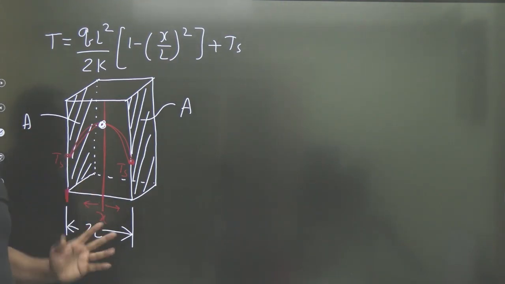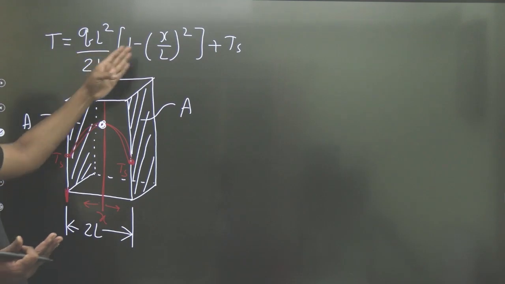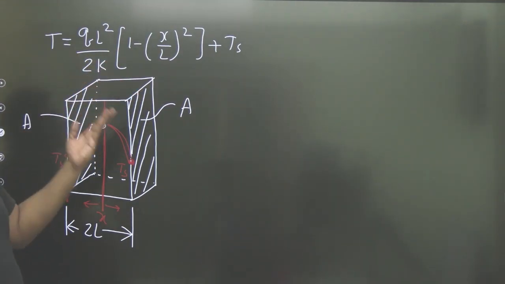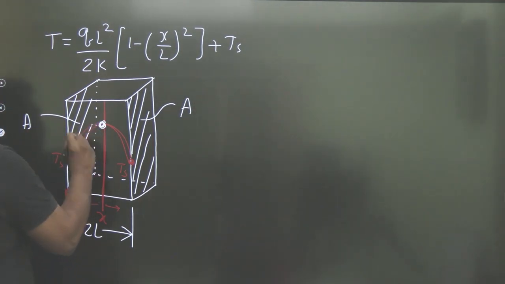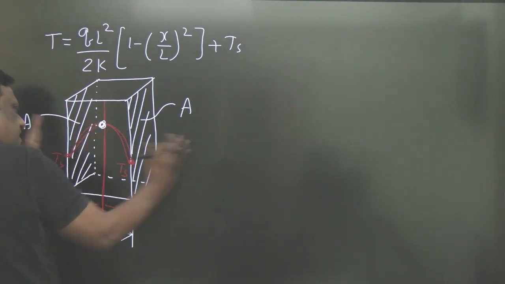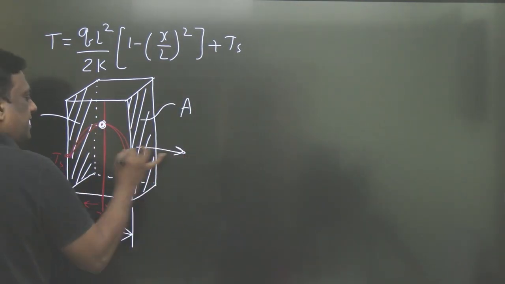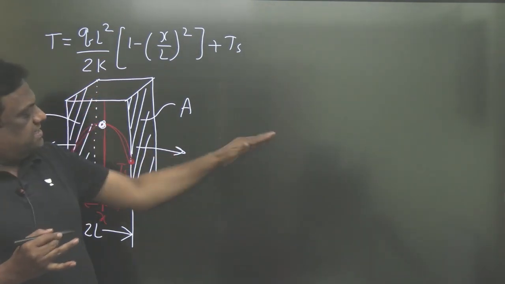When it is a symmetric slab, or else you can differentiate this with respect to x. When you are differentiating, you get x is equal to 0. So dT by dx calculate karna, and you get the position. If I differentiate this, and there is no need to do, because it is symmetric, whatever heat is generated is equally distributed. Half is going this side, half is going this side. So half is convected this side, half is convected this side. Whatever, it is a steady state. Whatever heat is generated in the slab, half is going this side, half is going this side.